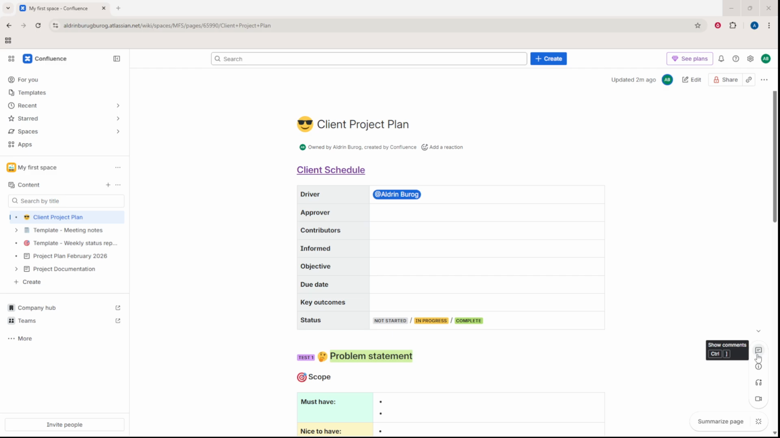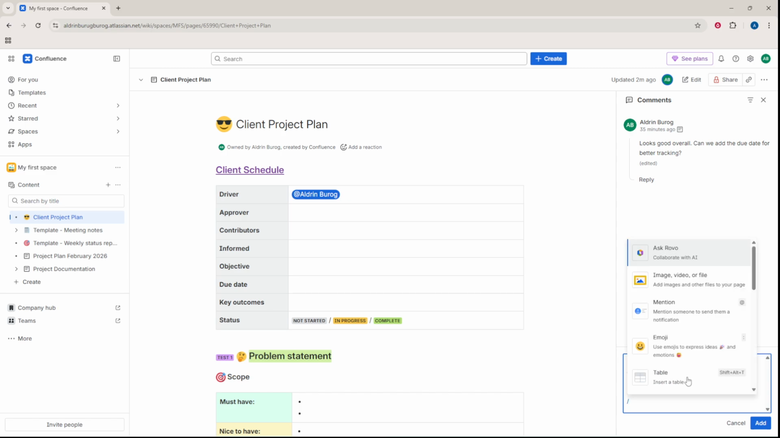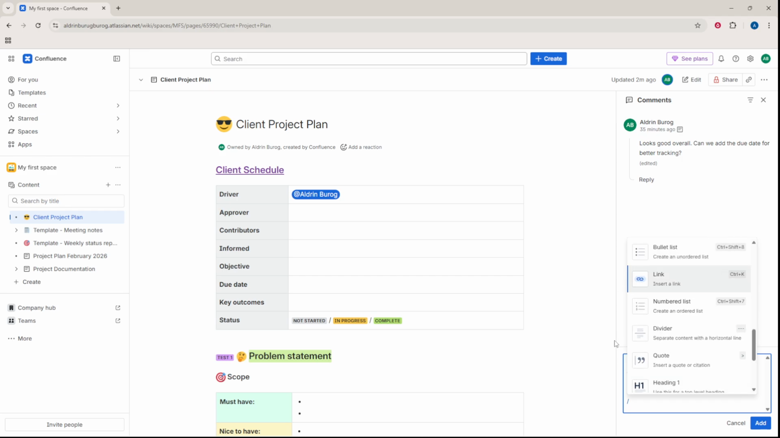Click inside the field that says Write a comment and start typing your message. Keep it focused on the part of the page you're referencing, so others know exactly what you mean. If you want to structure your thoughts, type the / to open the insert menu. From there, you can add quick elements like lists, links, or other handy blocks to make your comment clearer and